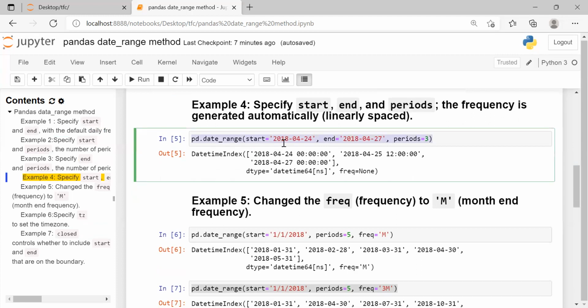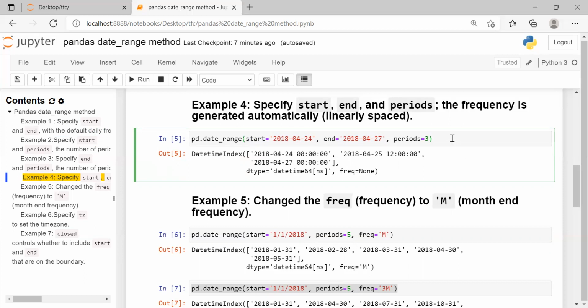So first is year, second is month, third is day. So it is 24th April 2018. End is also given in datetime format, year, month, day, 27th April 2018. Periods is equal to 3. So in this start and end date, we have to generate 3 dates.